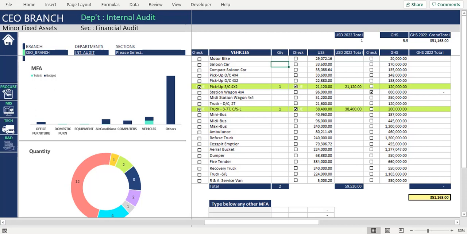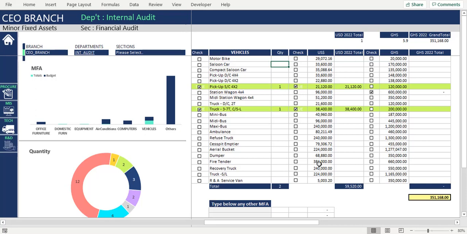to this continuation of the second part of this tutorial series. That is part 3, and in the previous video we ended right here. That's how to request for SAM categorized minor fixed assets. We also learned how to navigate through sectional and departmental pages, and in this video we will continue from where we ended. So I strongly advise that if you haven't watched the first and second part of this series, kindly